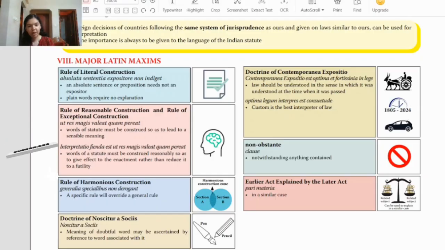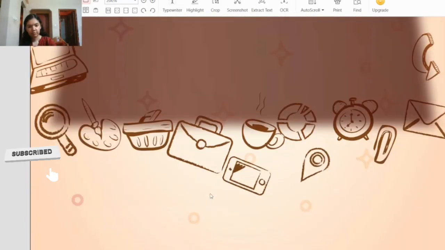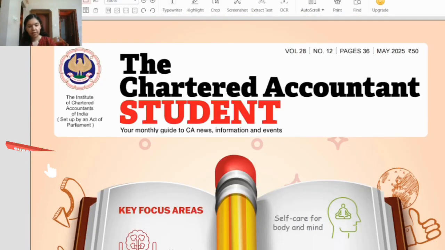So now it's time for the part many of you have been waiting for. So where is this amazing capsule from? Is it from a coaching material or a guidebook or some special handwritten notes? So this is right in front of you and absolutely free. So this capsule which I showed you just now, it is from the ICAI Student Journal May 2025 edition. Yes, a lot of students ignore the student journal, but ICAI puts some of the best simplified explanation there. So this capsule is crisp, exam oriented and perfect for revision.